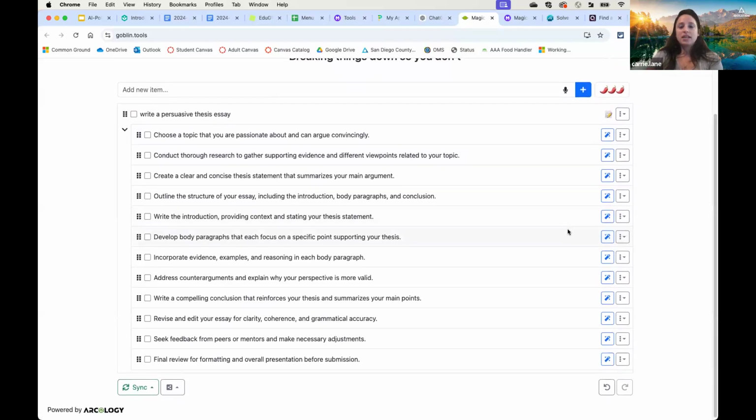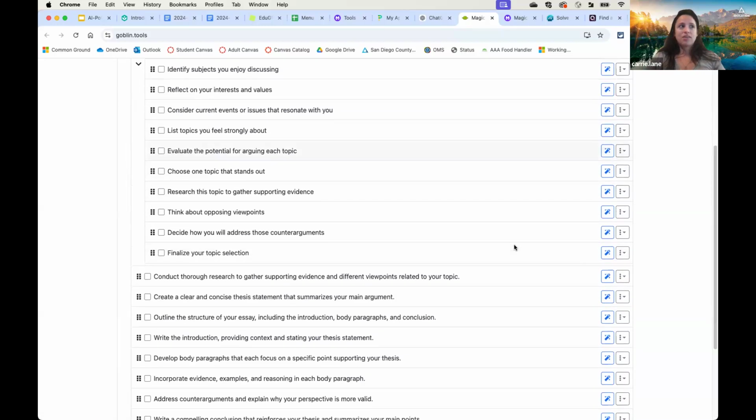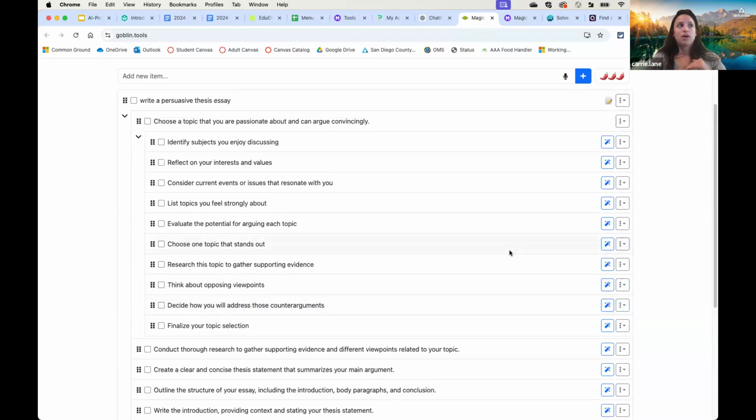And so if you're using this with students, what's nice about it is that you can then have students start to recognize the different steps. So you can chunk different things and help students learn how to chunk different things about the assignments they have, which is really nice. And if a student needs even more than that, they can continue to break down the item into smaller pieces with lots of different nuances.